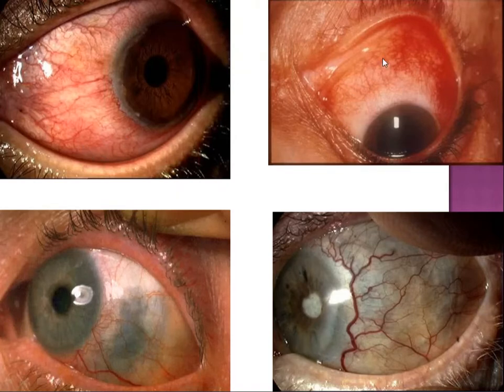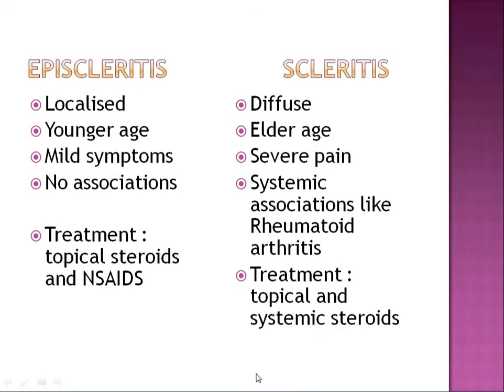This is superior scleritis. In long-standing scleritis, the patient will develop scleral thinning. Here what you're seeing, this blue region, is because of the scleral thinning, you're seeing the underlying uveal tissue. That's why this appears as if having a bluish discoloration. But basically the pathology here is the sclera is thinned out. In long-standing cases of scleritis, the patient might end up in phthisis bulbi also because of the disintegration.